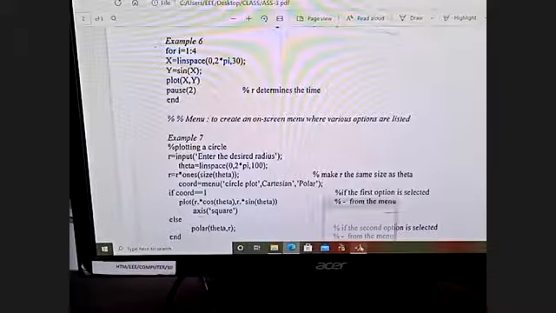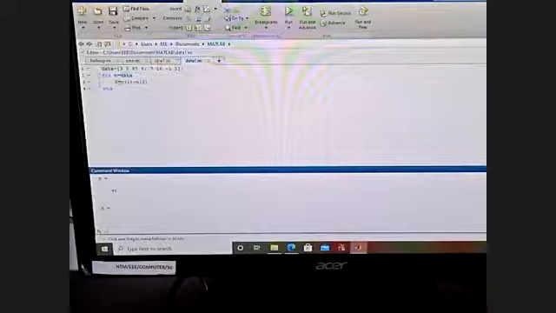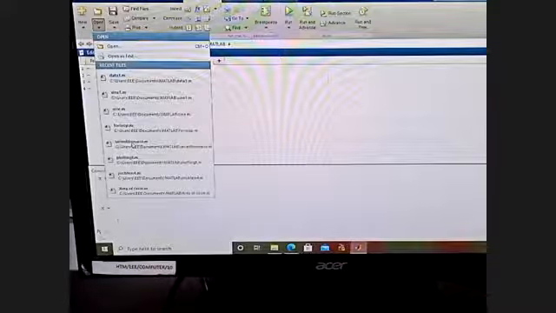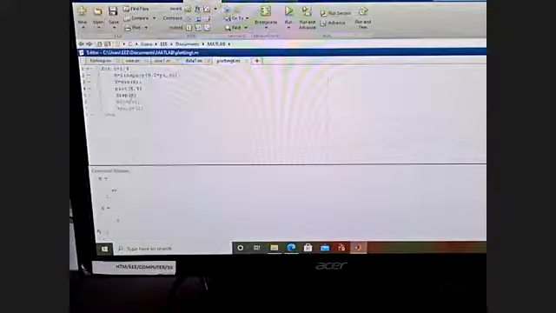So I have written this program, let us see what that is. I have not written that program, I think. This one: for i is equal to 1 to 4, x is equal to linspace. So for the for loop, this is the starting and this is the ending. Display, plot x comma y. These are the x values. y values is sin of x. How many values? There are 30 values between 0 to 2 pi. Sin of 30 values it will take.